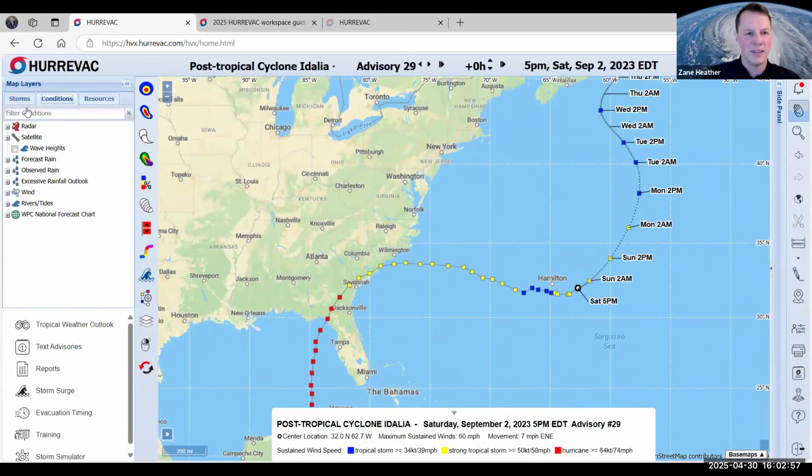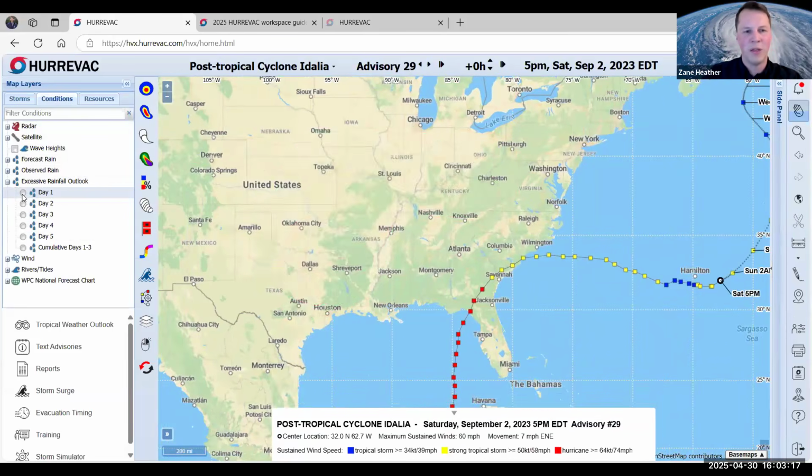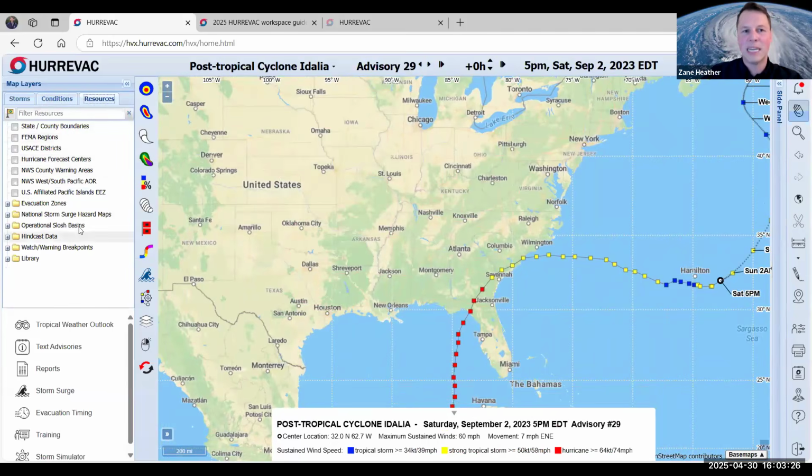Additional information that you get in this top left is the conditions tab. This is information about current weather conditions, not tied to what we're currently looking at here, which is the archived track or advisory packages from Adalia, but rather what we currently are seeing. For example, why don't we turn on the ERO? And so that shows you overlays on the map, current weather information, as well as current products produced by the national centers, not just the Hurricane Center, but also the Weather Prediction Center, National Water Center, and so on.